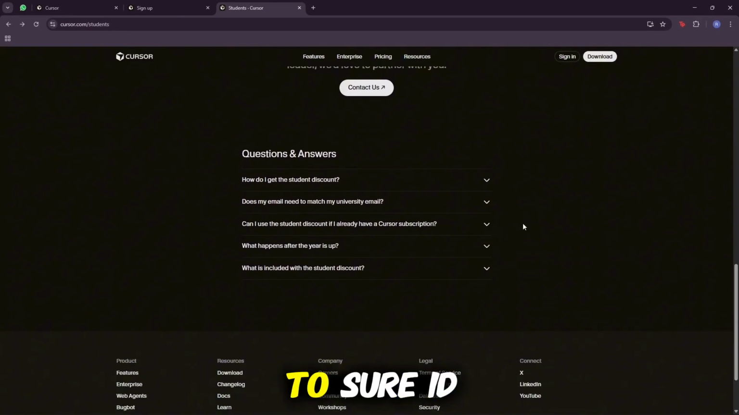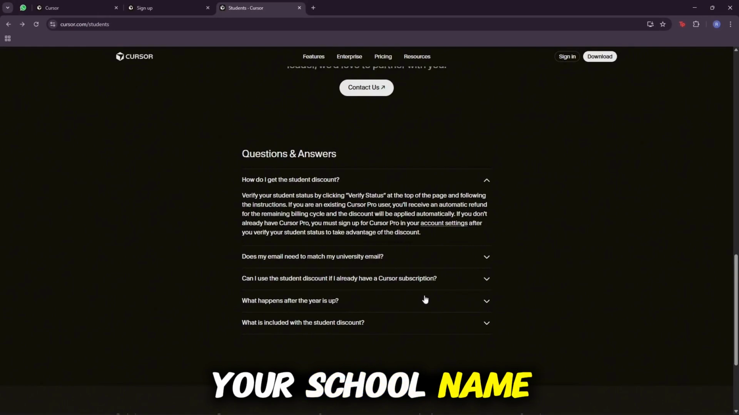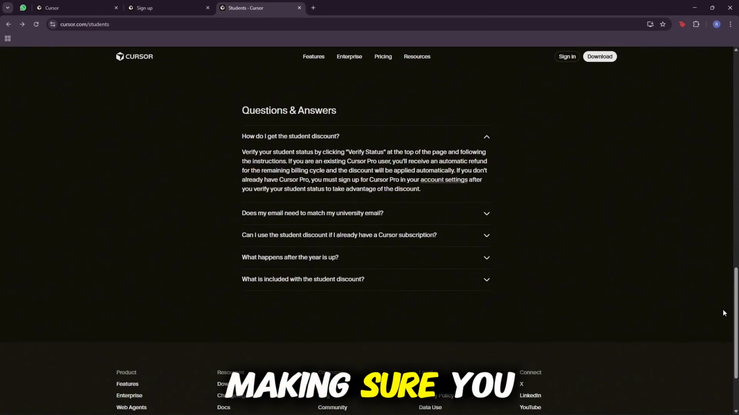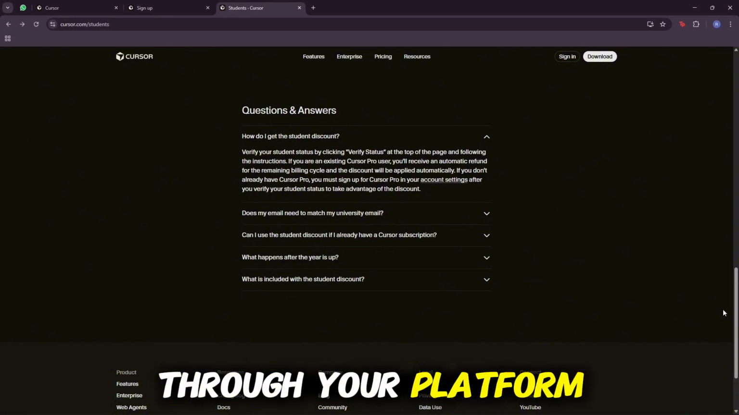You will be redirected to SheerID, where you will need to fill out a form with details like your school name, first and last name, country, and other required information, making sure you use the same student email you signed up with. After submitting the form, you will be asked to verify through your platform such as a Google